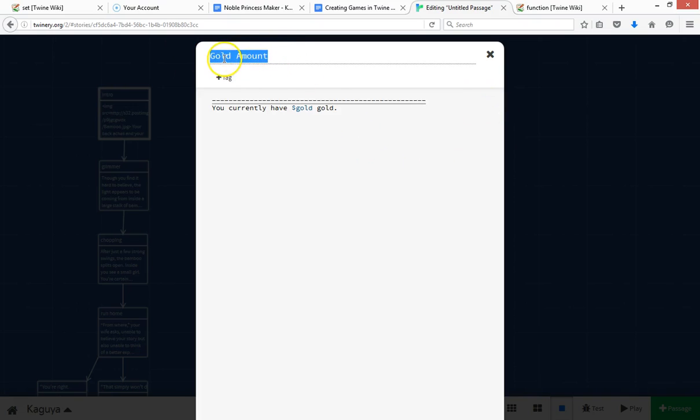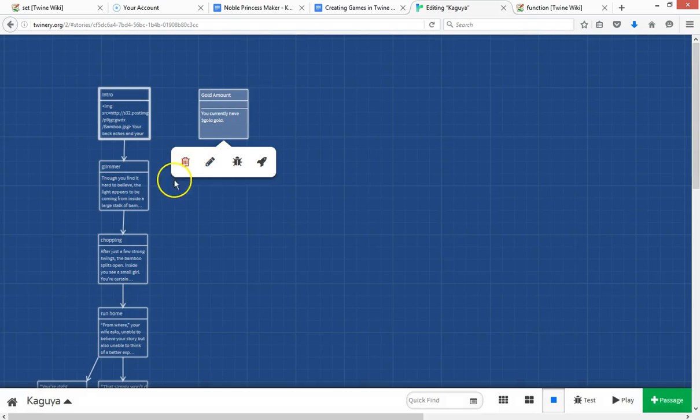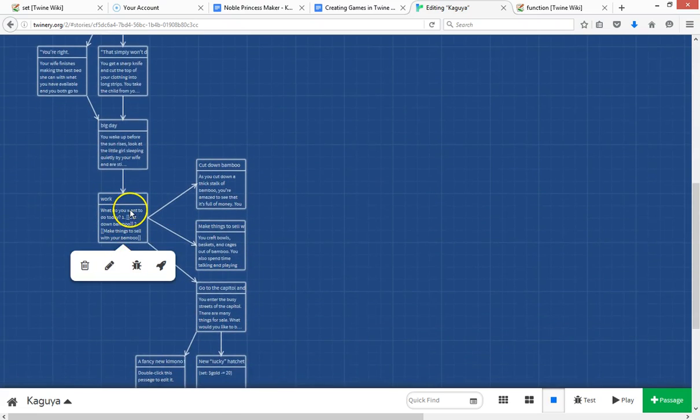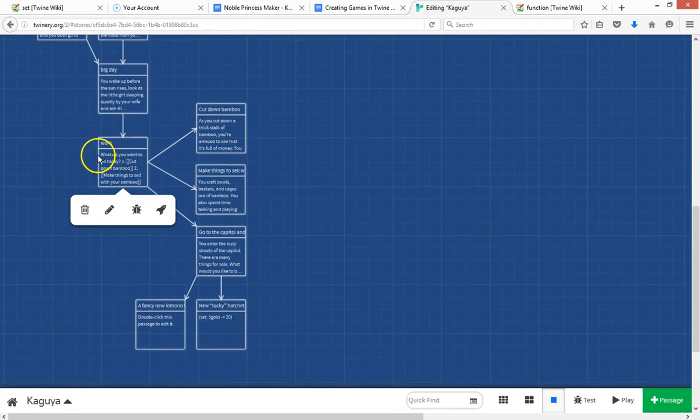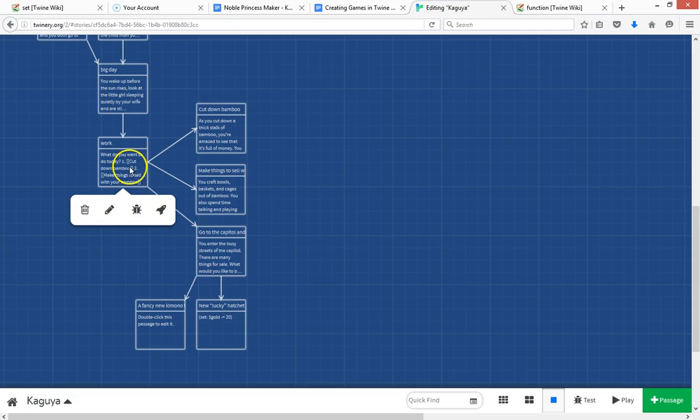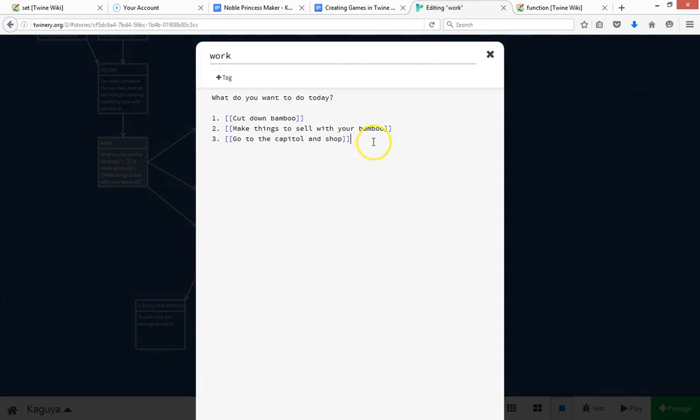So the important thing to remember right now is going to be the name of our passage, which is gold amount. So that can stay out there, not linked to anything. For my story, it's going to be important for players to know how much gold they have when they start working and doing things that will let them earn more gold or spend gold. So for work, let's say this is the first place I want to let players know how much gold they have, and I just want to use the information I typed in that gold amount